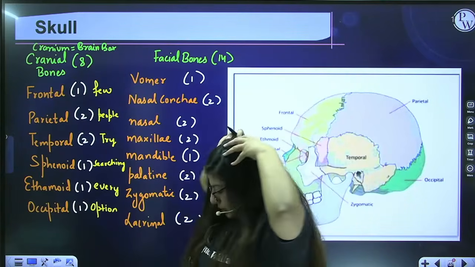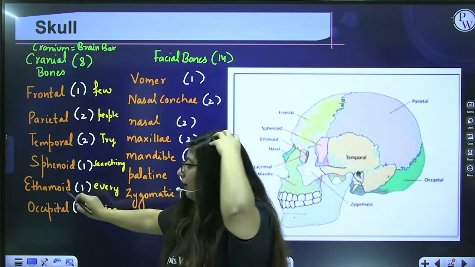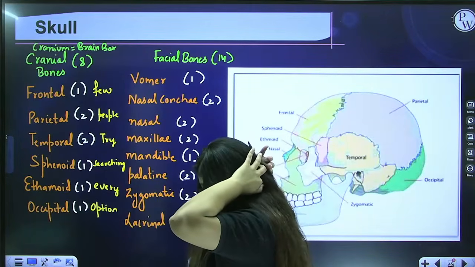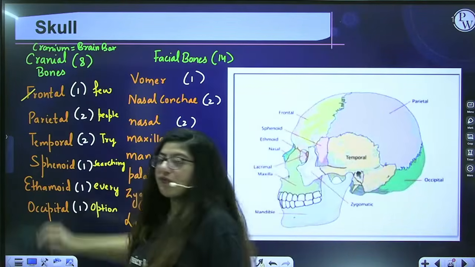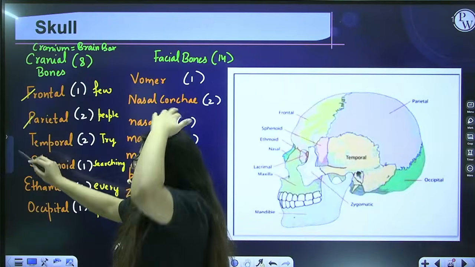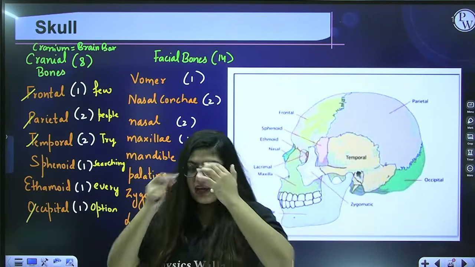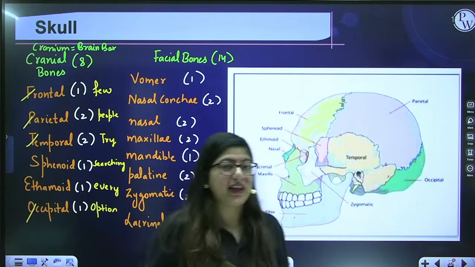Then here, you have the parietal bones. Here you have parietal bones, okay? Then comes the occipital. Occipital is one, down here in this portion. So in this portion, you have these bones: frontal in the forehead, parietal on the sides, temporal on the temples, and occipital here. Now, let's talk about these two, sphenoid and ethmoid. Then I'll show you this structure.